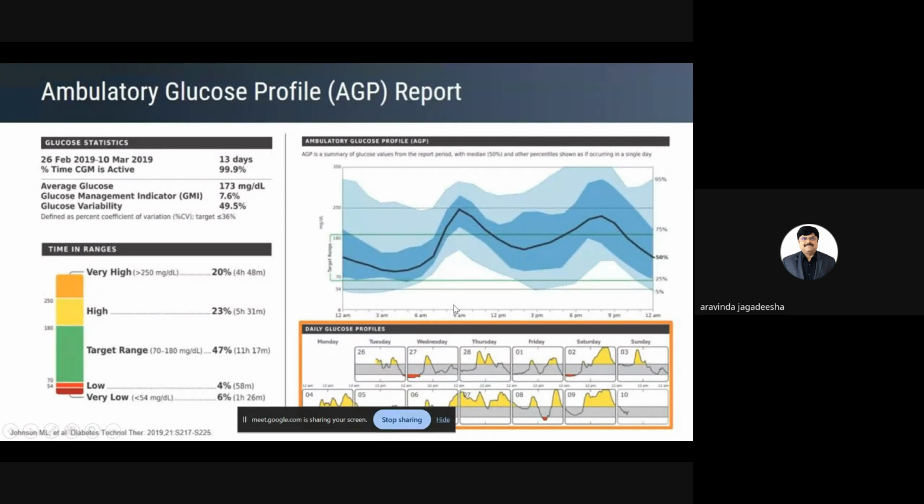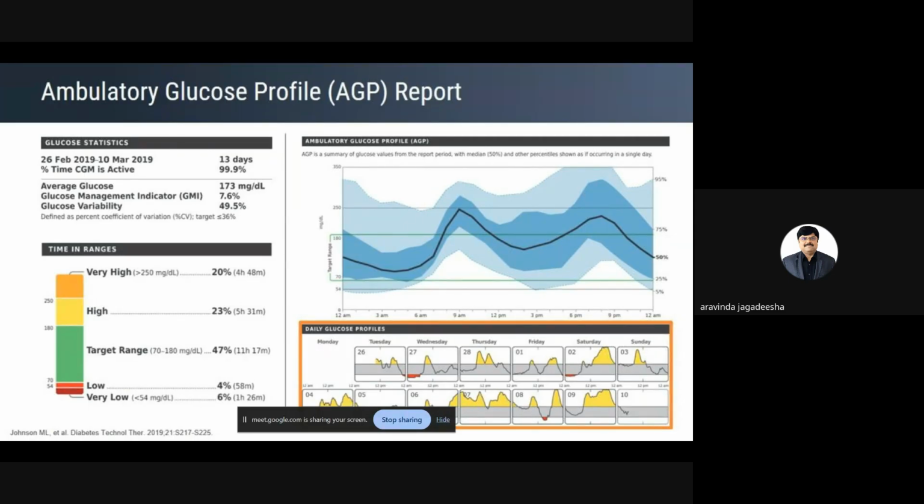You can see at 9 a.m. this person is having hyperglycemia. At the same time, you can see here at midnight, 12 a.m. to 3 a.m., the patient is going for hypoglycemia. So this helps to identify the reason, monitor the sugar level, adjust the dosage of medication, and educate the patient about